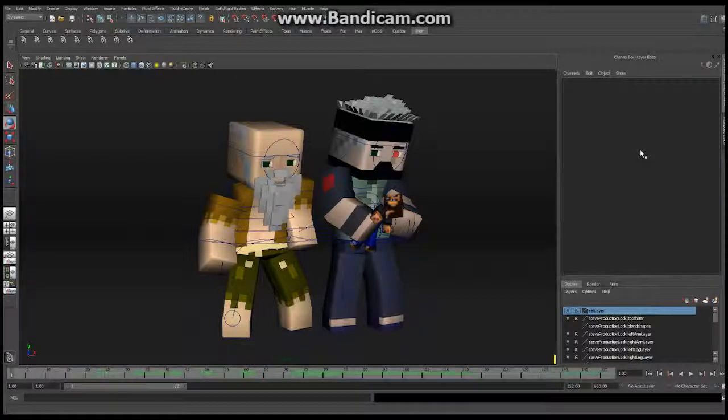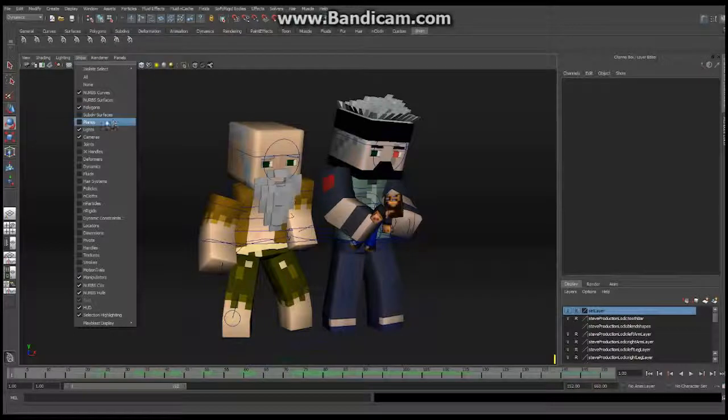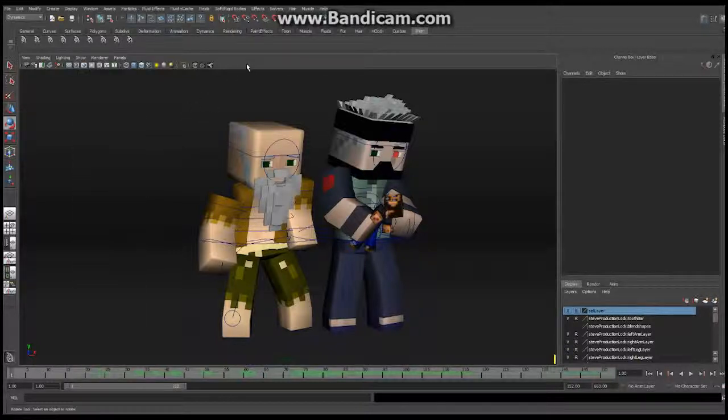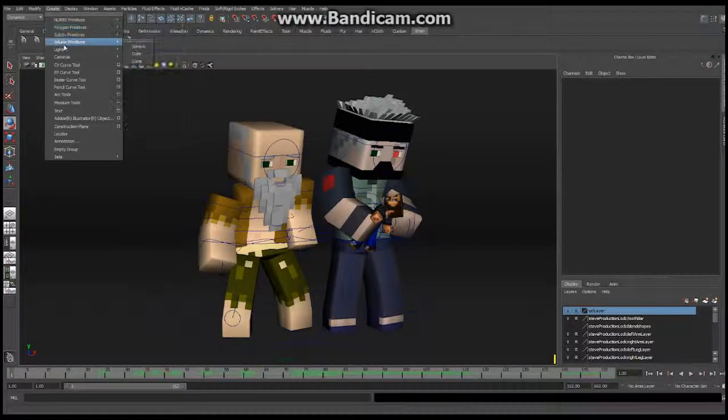Okay? So, to start off with, make sure that in the Show menu in the main panel, the lights option is clicked. If you don't have that on, then when you create a light, it won't show up in your scene. You won't be able to see it, and you won't be able to move it around. Okay. Now, if you go up to the Create menu, go down to Lights,